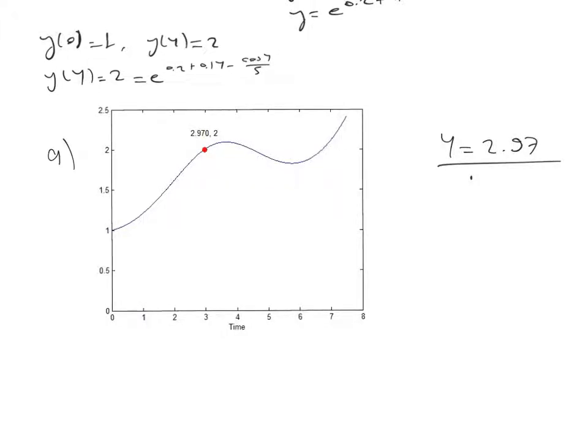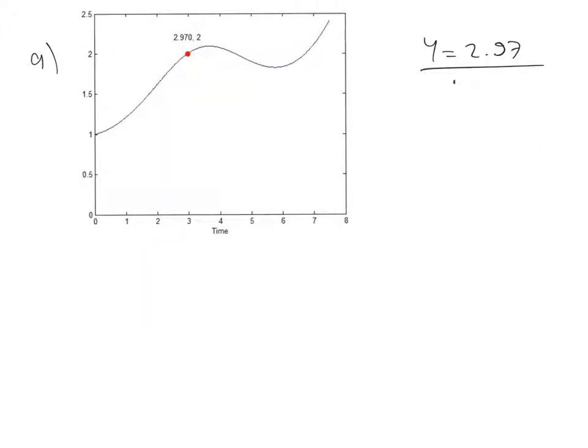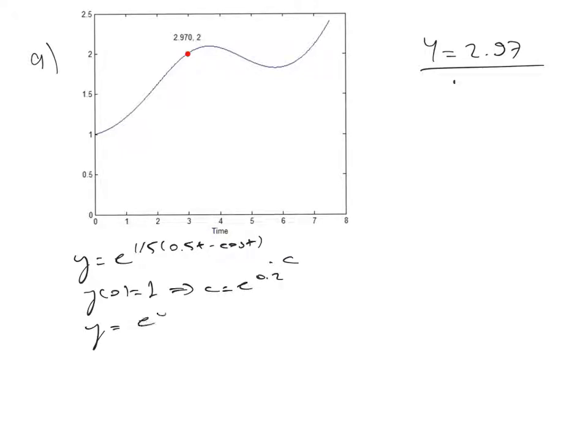This was part A. And also in part A, we are asked to choose other initial conditions and determine whether the doubling time tau depends on the initial population. Now let's consider the situation which is given in this problem again. Our function was equal to y is equal to e to the 1 over 5 times 0.5 t minus cosine t times c. And we use the initial condition to find the constant c. And c was equal to e to the 0.2 and y is equal to